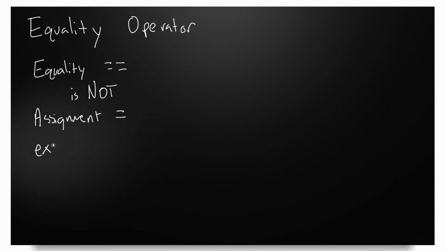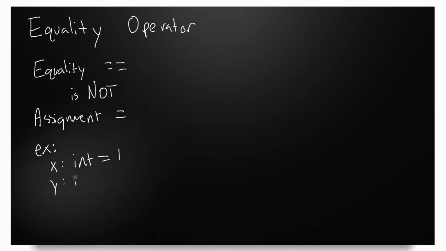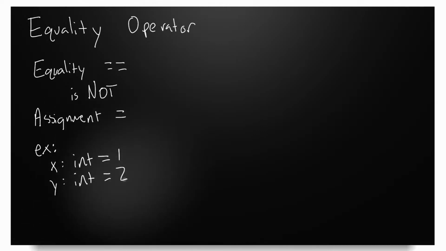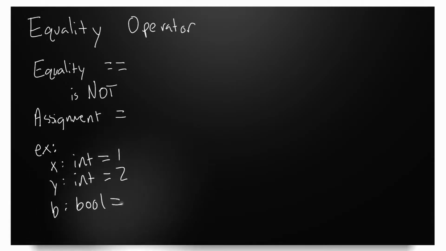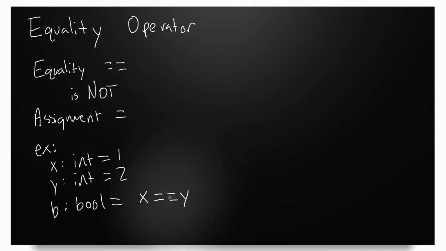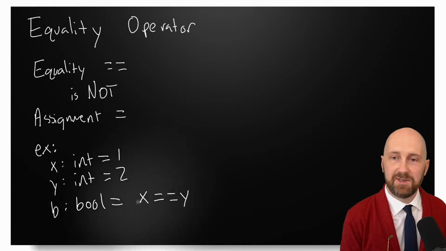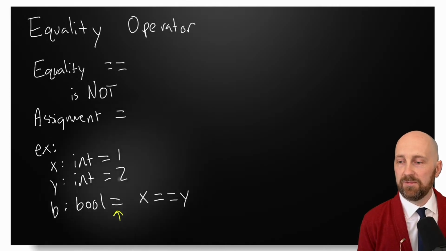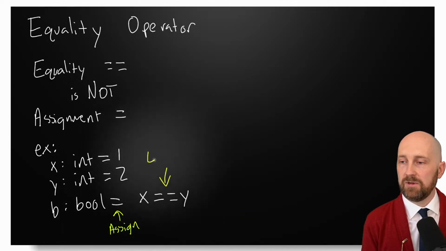Imagine we have a few variables, right? We have, say, x, that's an int variable, and it's assigned 1, and y, that's an int variable, that's assigned 2. And then we have a b, bool variable. So this is the first time we're seeing bool as a data type that we can use as a variable. And it's being assigned the result of evaluating is x equal to y, right? Now, this is a pretty perplexing statement here, right? We're seeing lots of equal symbols. But remember, this one is assignment. And this one is equals or equality,